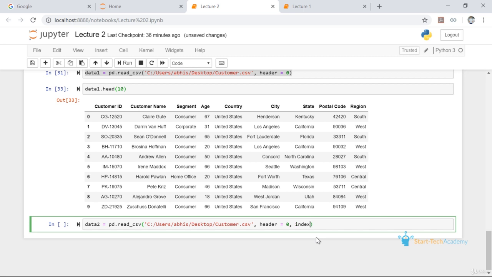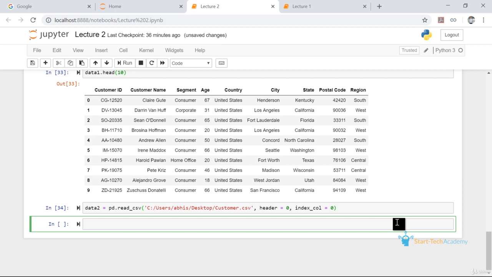We are providing the location of the index column, and for our data it is customer ID, which is the 0th column of our data. Since this is the first column, the index is 0, that's why we are providing 0, similar to what we provided for header. Since our header was present in the first row, we provided 0, the location of it, and here also our index column is 0.